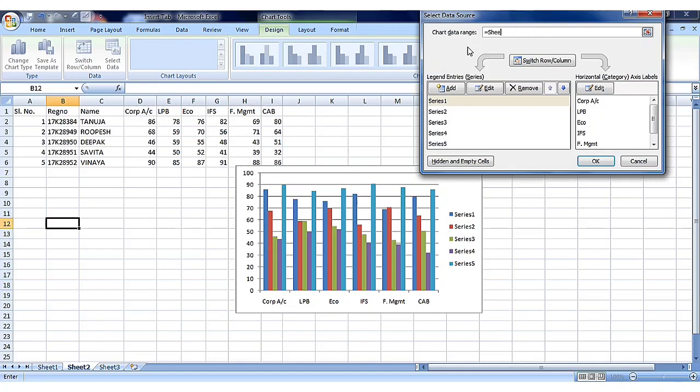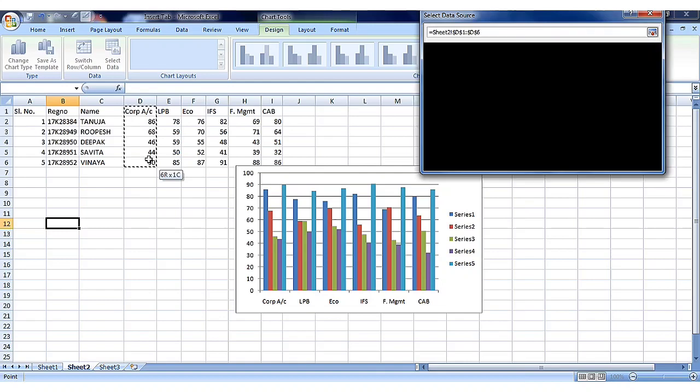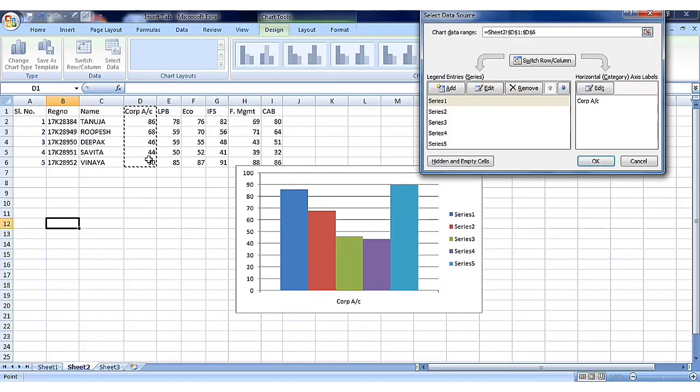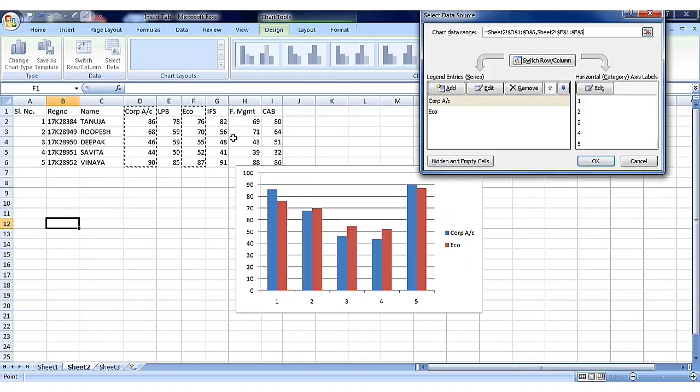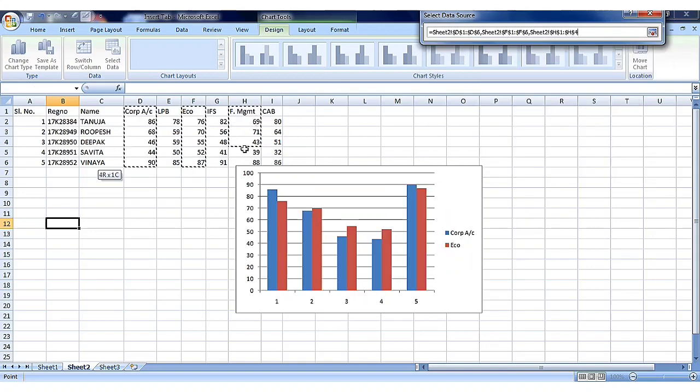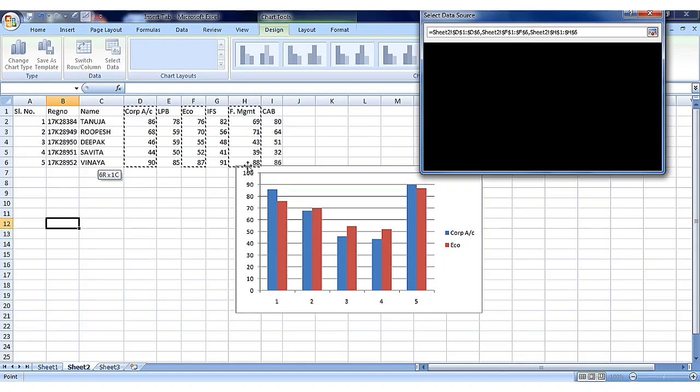If you want to select non-continuous range of data, for example, corporate accounting, economics and financial management marks only, then you can first select corporate accounting marks, then hold down control key, then select economics marks, then select financial management marks.